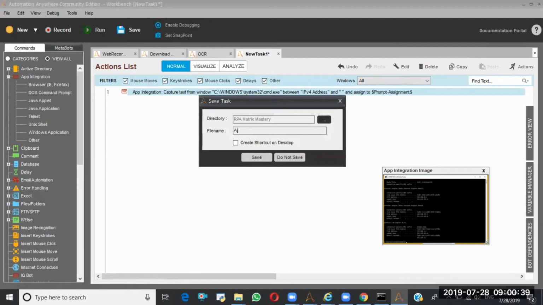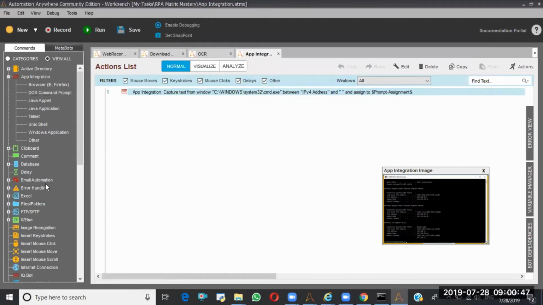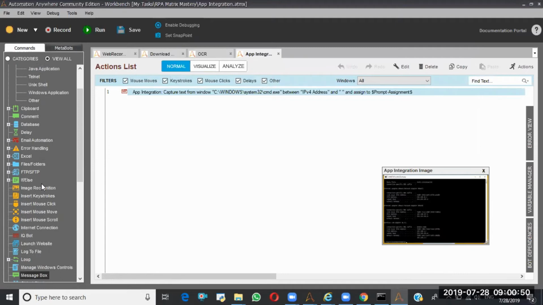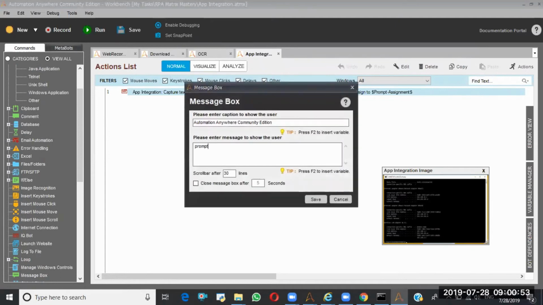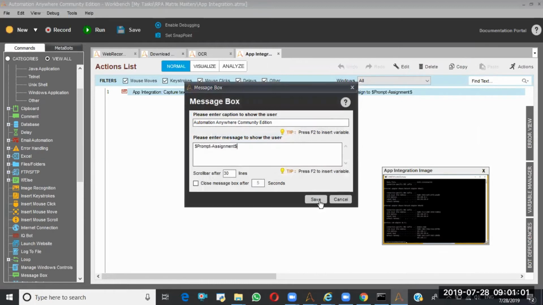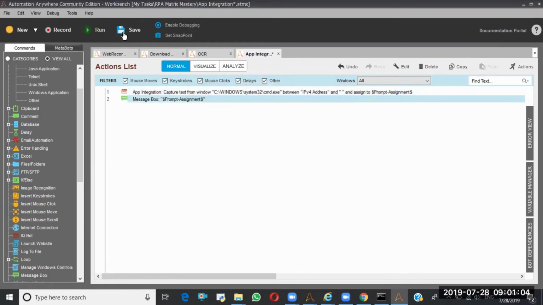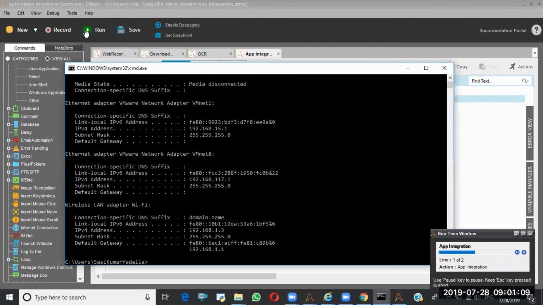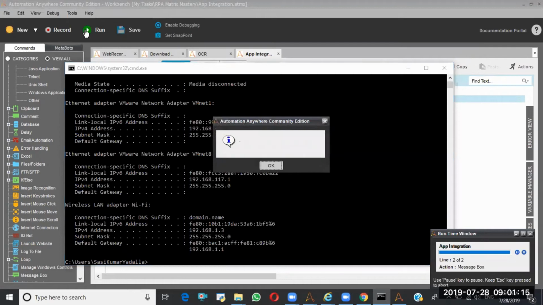Save app integration. So let me take the message box. Oh, I need to give the prompt assignment variable. I'm giving the F2 and I'm selecting the prompt assignment. Now I'm going to run this. Okay, it just gave the dot only.